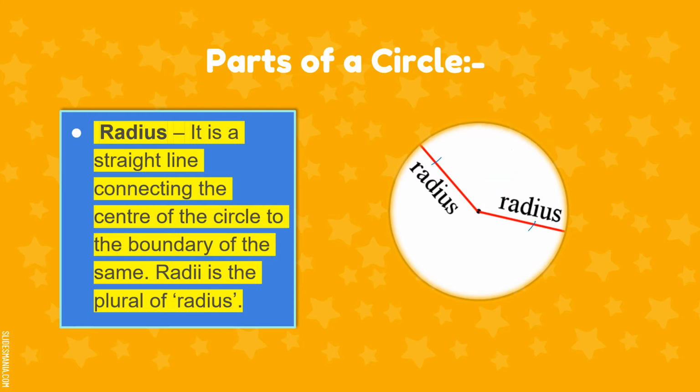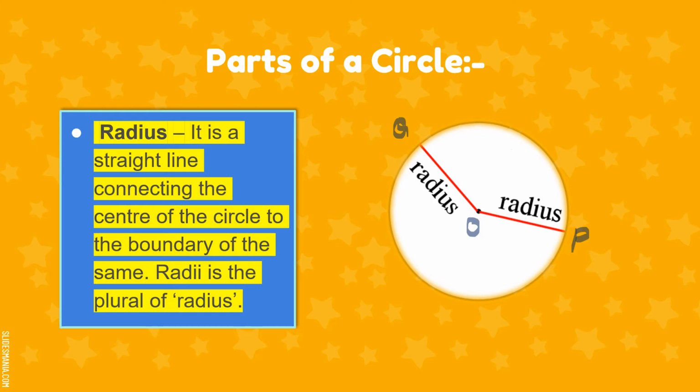So let me just make it neat for you. So we have two radii here, and I will name it. I'll keep the center as O, and this is my P, and let's say this is my Q. Now if you have to name the two radii in the circle which are drawn, so the first